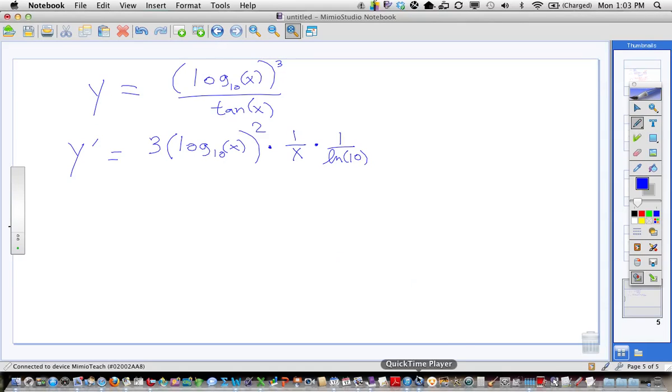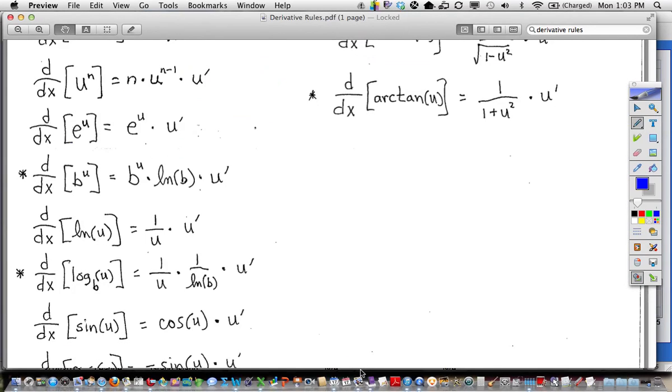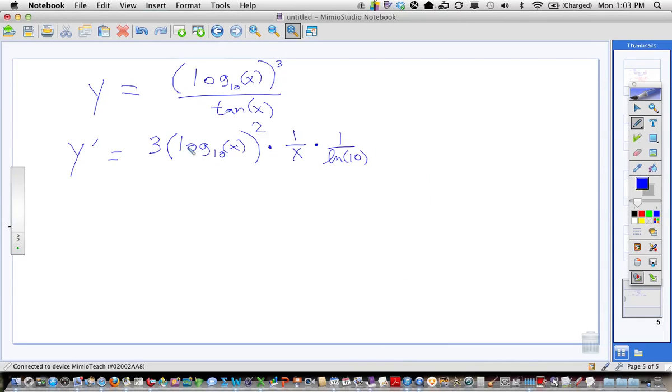Okay, so let's back up here. The rule of a log of another base is 1 over the inside stuff, so that's the 1 over x. Then 1 over ln of the base, so 1 over ln 10, and then the derivative of the inside. Of course, the derivative of the inside now is just x, so the derivative is just 1. So we're good. All of that was just the derivative of the top times bottom left alone, minus top left alone times the derivative of tangent,